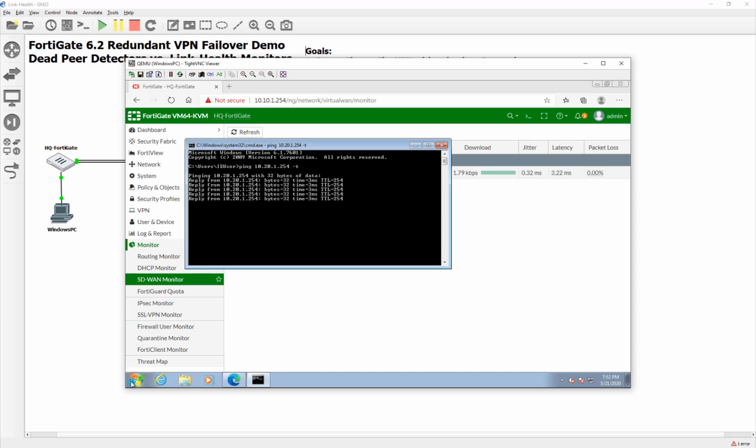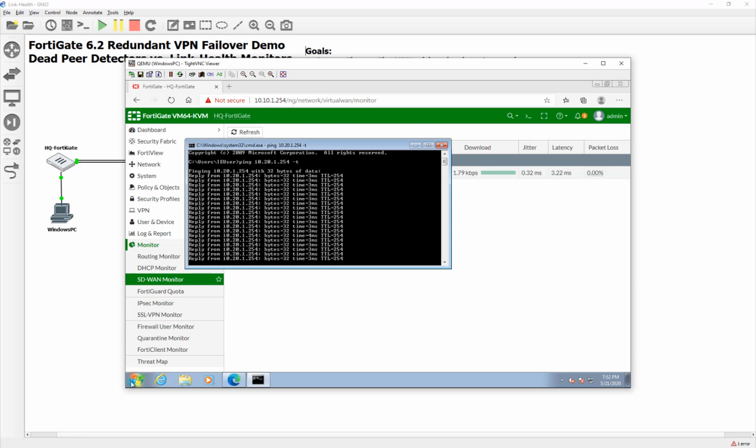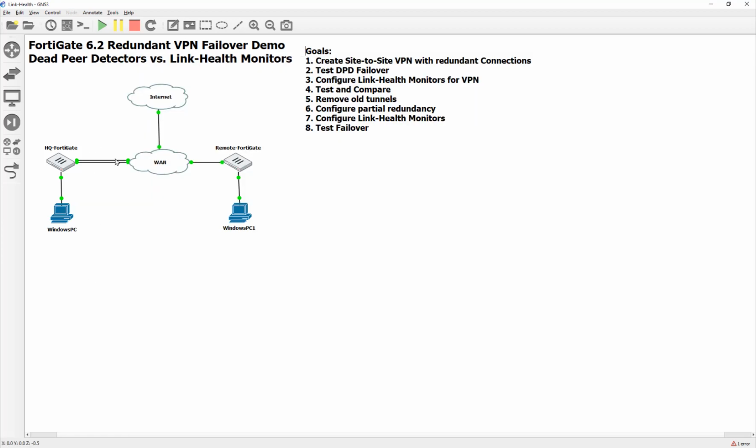And before, the dead peer detection was doing the converging. And guys, remember that with dead peer detection, it's about a minute before it will bring it down. That's just how it works. You can tweak those. I think I left that link in the video description. All right, so in the last video, but let's go ahead and kill that